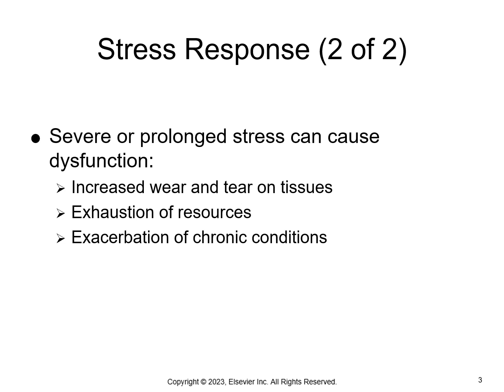Severe or prolonged stress can cause dysfunction. It increases wear and tear on the tissues, it can cause us to exhaust our resources, and it causes exacerbation of chronic conditions. A vicious cycle can develop when the original stressor remains and the effects of the stressor prevent the body from coping with new stressors. If a stressor is extremely severe or perceived as a negative influence, or if multiple factors occur at the same time, the body's adaptive mechanisms may not work sufficiently. Then the body systems become more disruptive, maladaptive or inappropriate behavior can occur, and homeostasis may not be possible for that person.